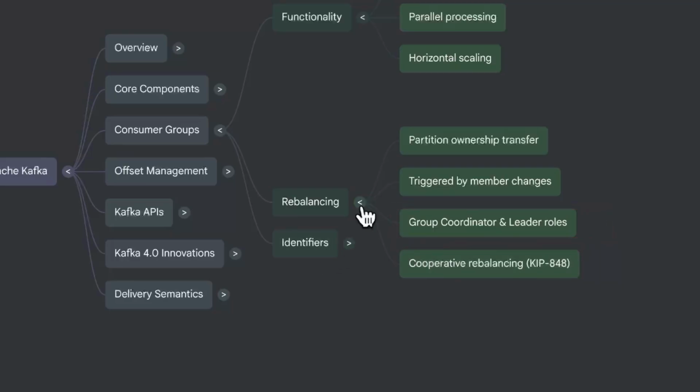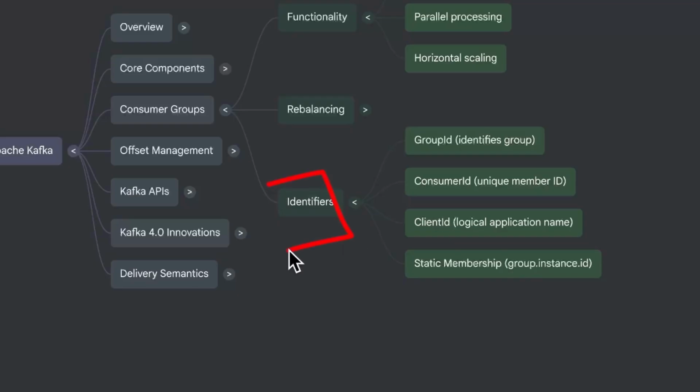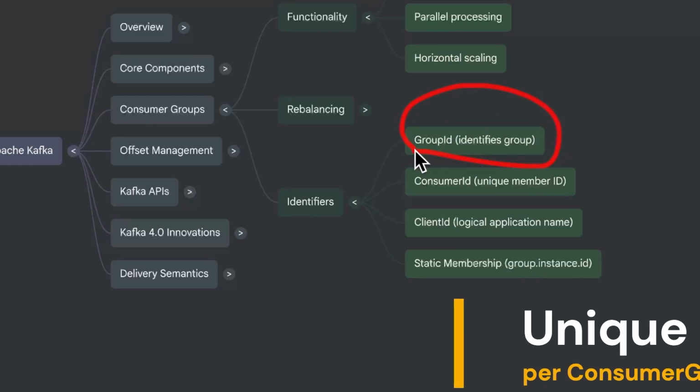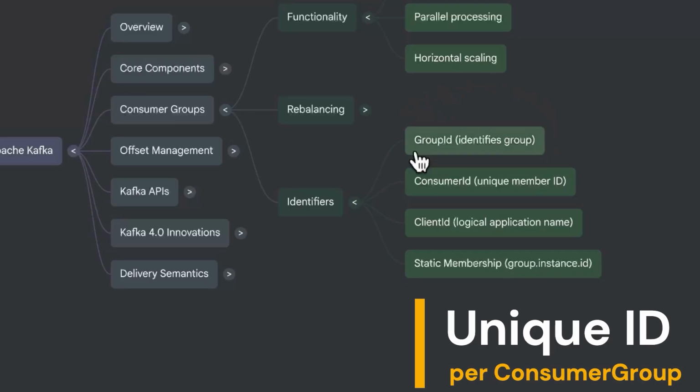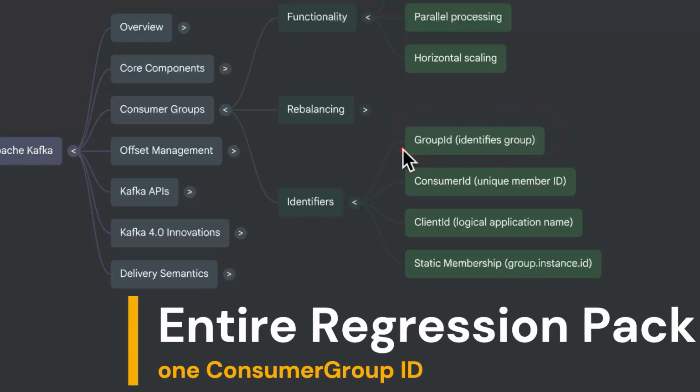And what exactly is an identifier? Identifier is nothing but IDs. In a consumer group, the consumer group ID plays a vital role. You should have a unique ID per group. In particular, when you are writing a regression test, you can assign one group ID for your entire test suite. Or